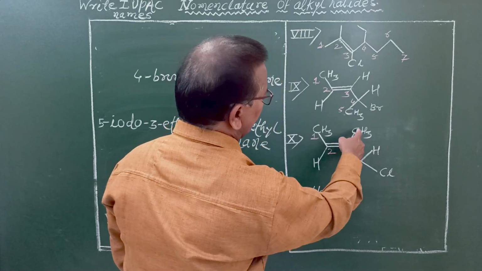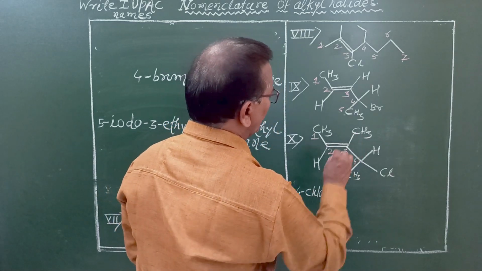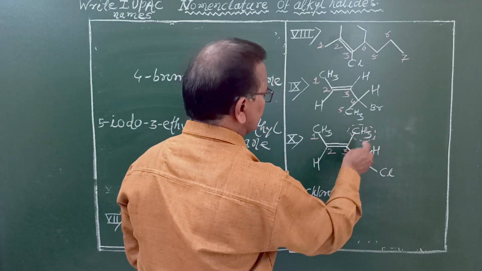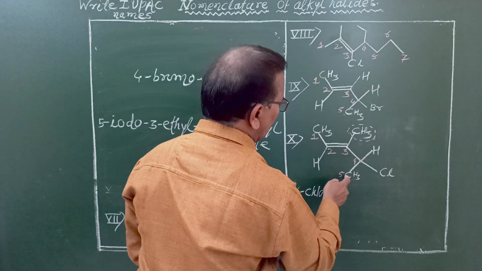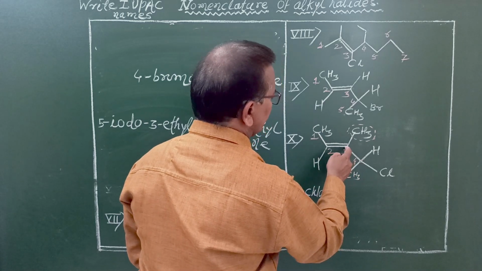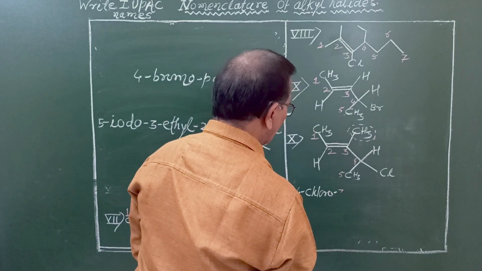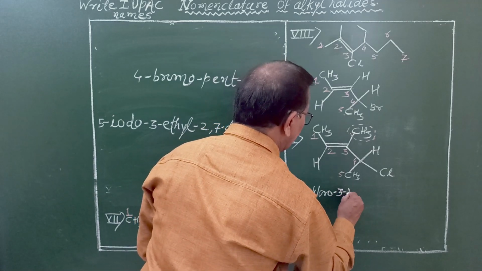Then at carbon number 3, there is this methyl group. This methyl group is in branch because it is out of this chain. This is the longest continuous chain. And this methyl group is in branch at carbon number 3. Therefore, 4-chloro 3-methyl